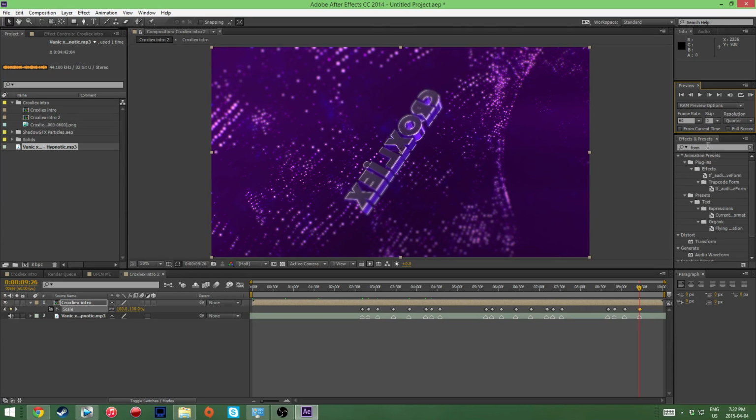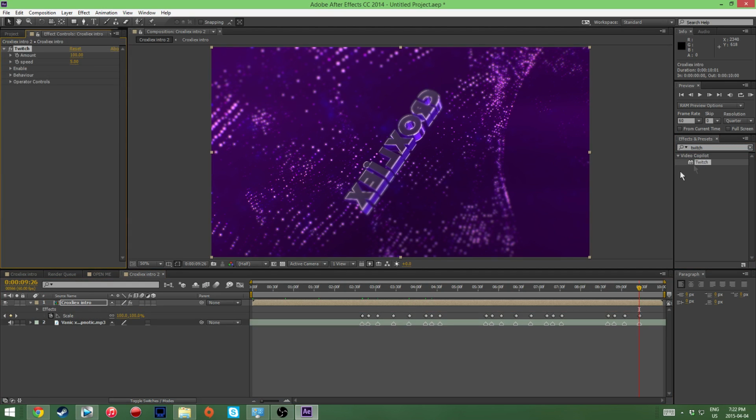And you don't want to stop there. You want to go and add in some Twitch. So you're going to look in this. This is also another plugin. You're going to need a lot of plugins. It's called Twitch. And basically this, instead of using the Wiggler, which I used to use,